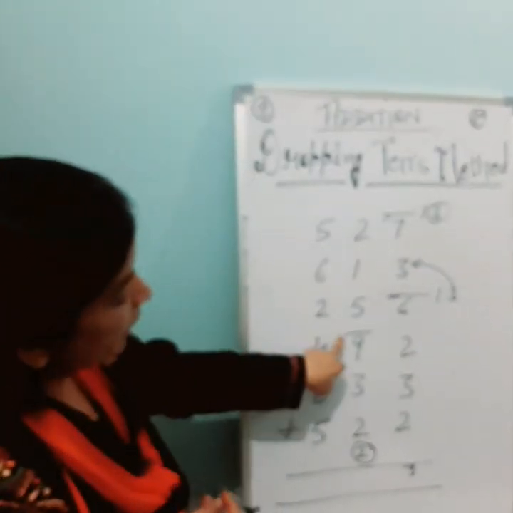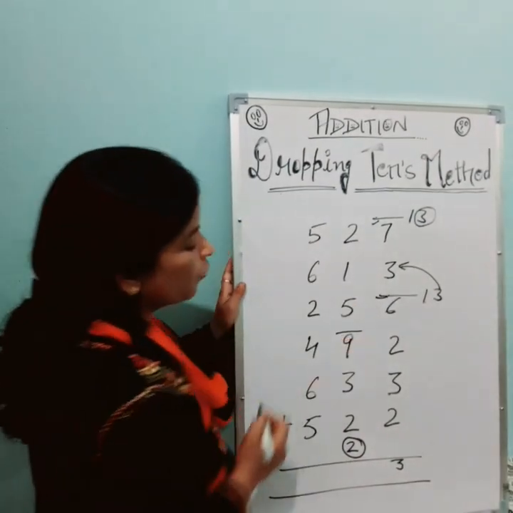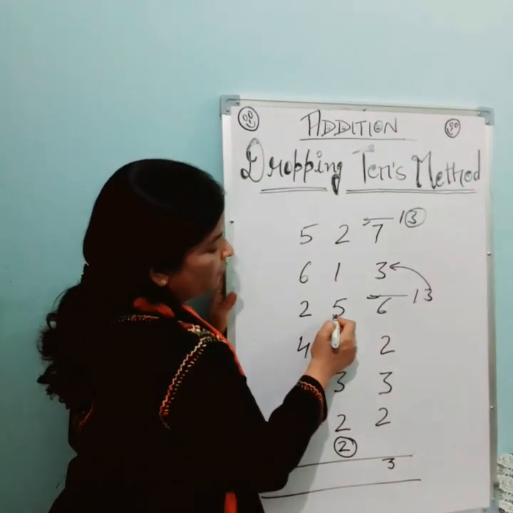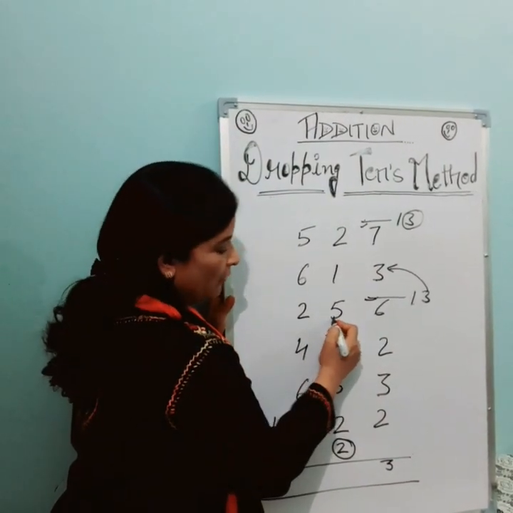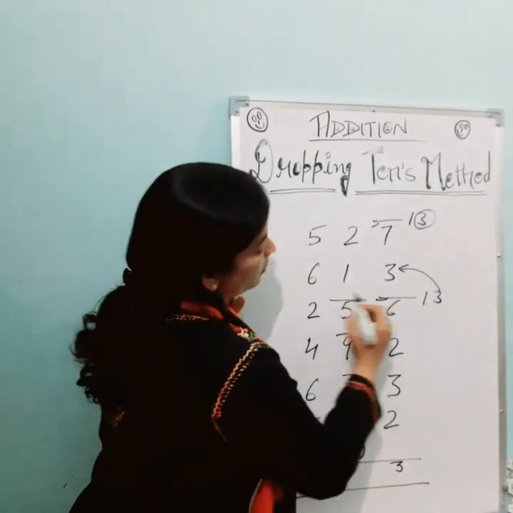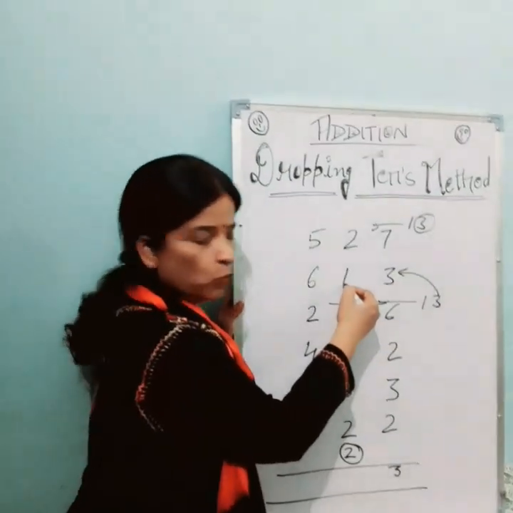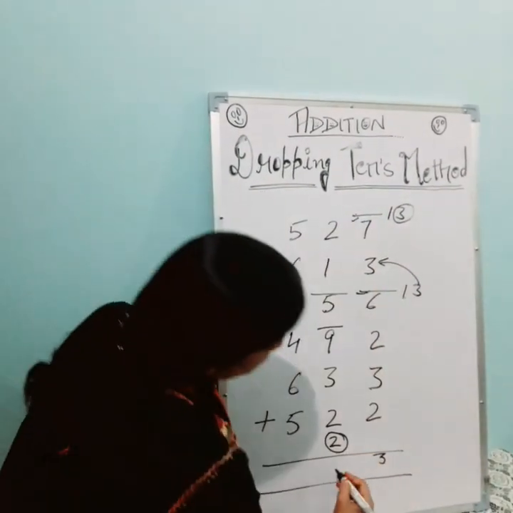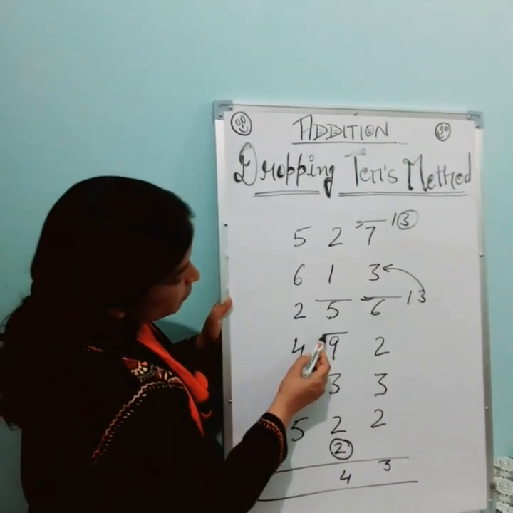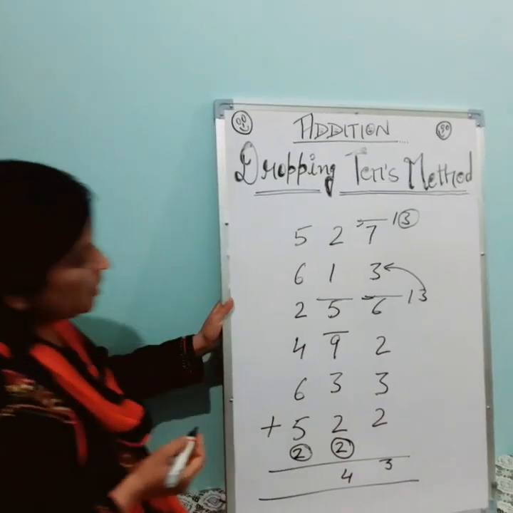We get a sum more than 10 here, 16. So drop 10 here. What is the remaining one? 6. 6 carry to the next number, 5. 6 plus 5, 11. 11 is again more than 10. We drop 10 here. 1 carry to the next number. 1 plus 1, 2. 2 plus 2, 4. We will write here 4. And then count the tens. 1 and 1, 2. 2 carry to the 100 place.